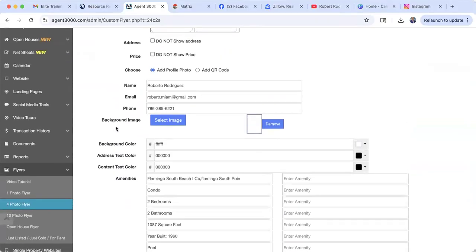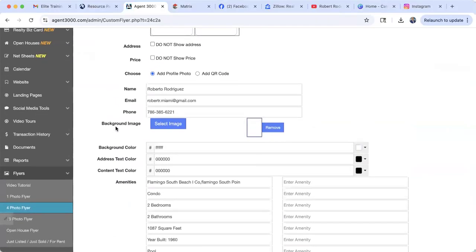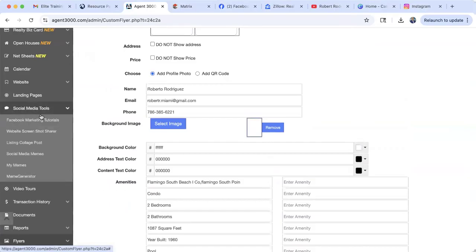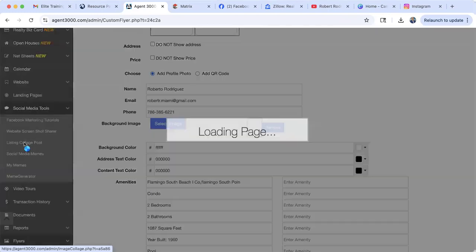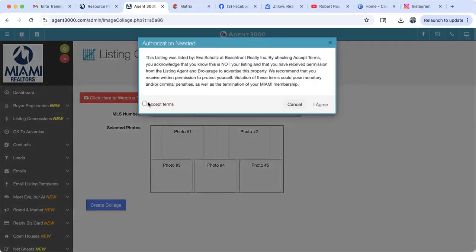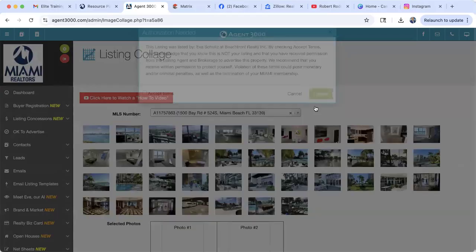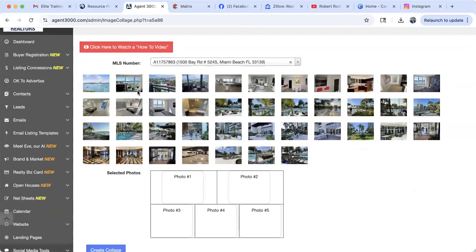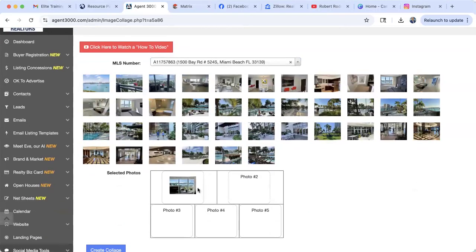There's another one I wanted to show you before I go into how to generate these leads yourself. Social media tools allows you to create a real cool collage of a listing. You're going to click on listing collage post, click on MLS number, and select that MLS number. I accept and agree. You have all these different photos that you can choose to create a